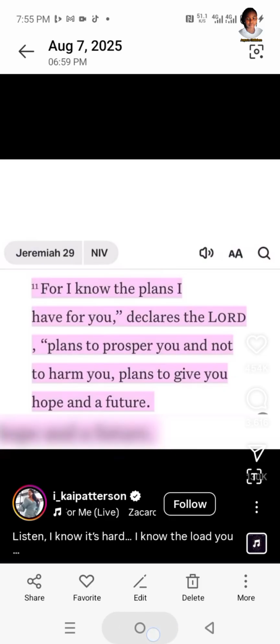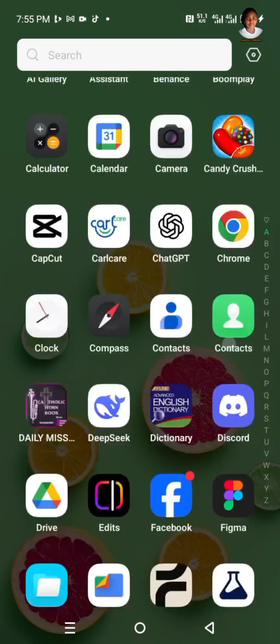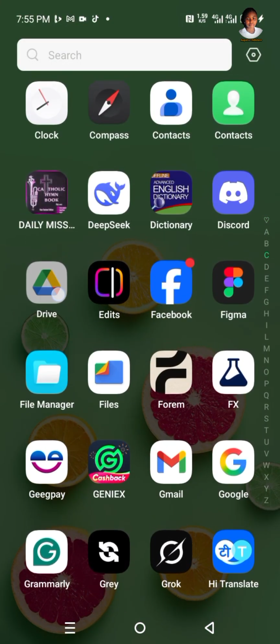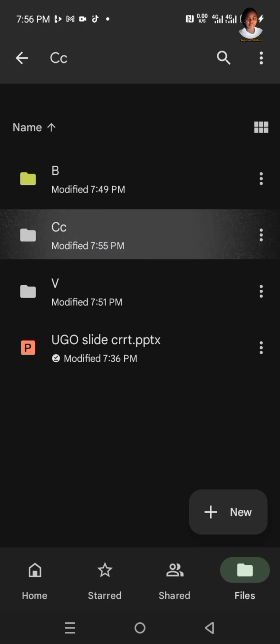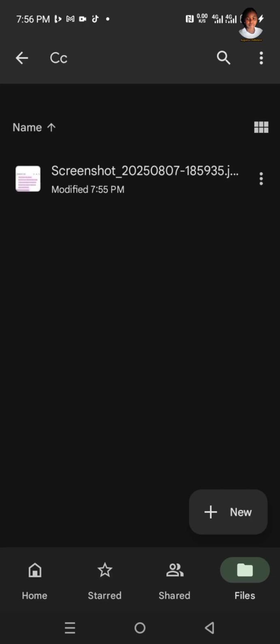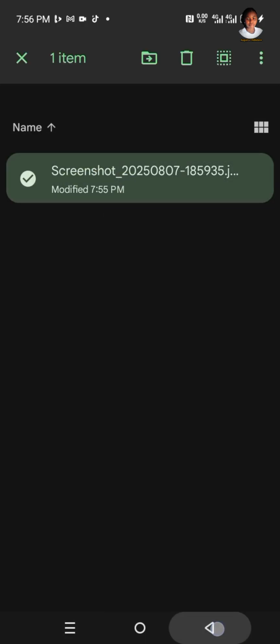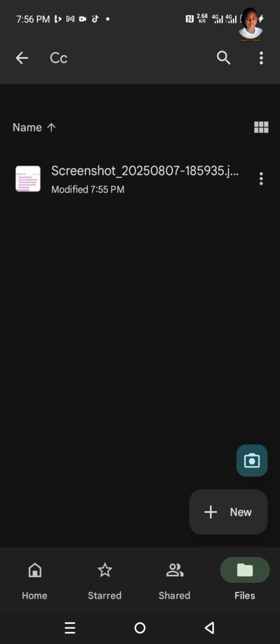Let's go back to our drive. You click on drive. Then you can see that the files we have saved have appeared here. CC is our folder. When you click on it, you will see the file that we uploaded. That's how to upload your files from your local